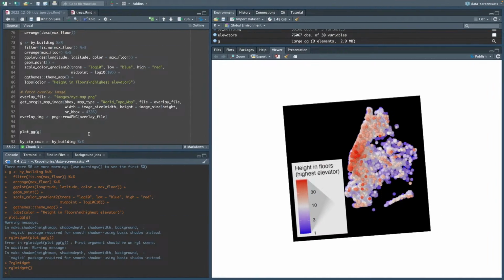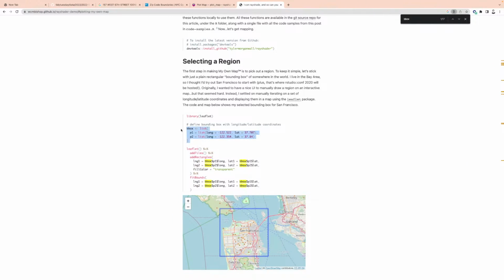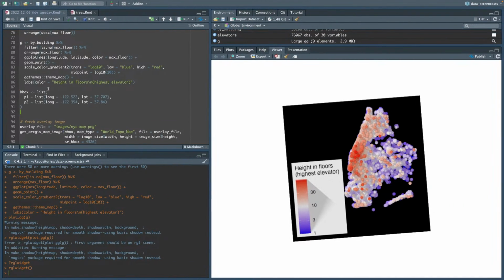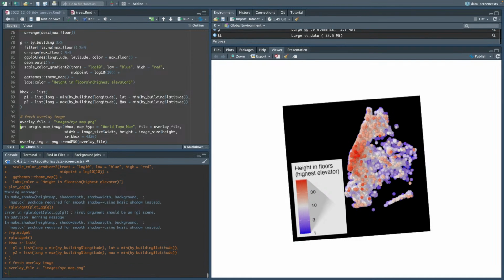All right, I'm going to create it. So I'm going to say the min of building longitude, min of building latitude, and change these to max. So then I have the coordinates that specify